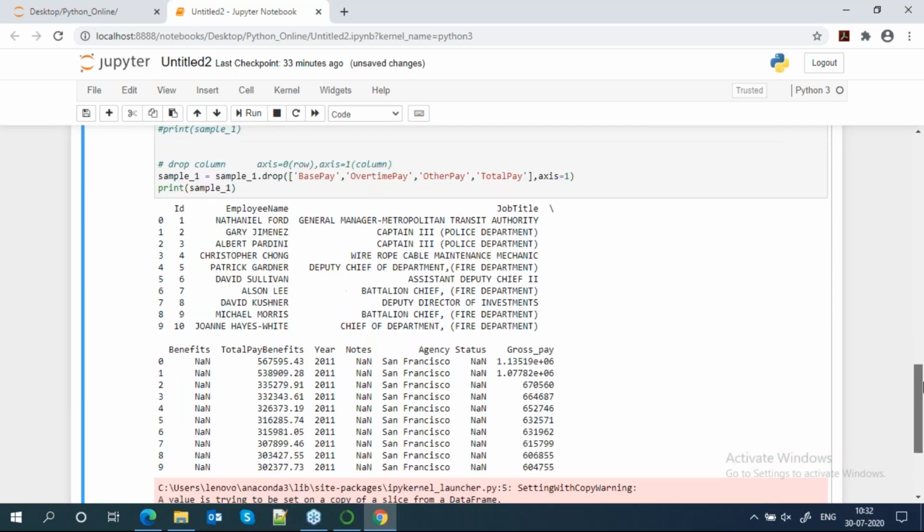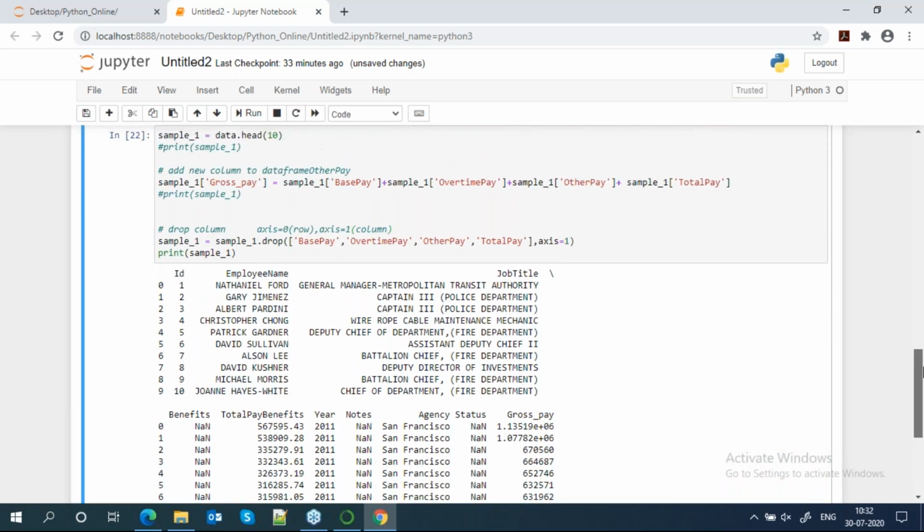Okay, so now we can see that benefits, base pay, overtime pay, other pay, total pay are all gone. Got it? So everyone clear?